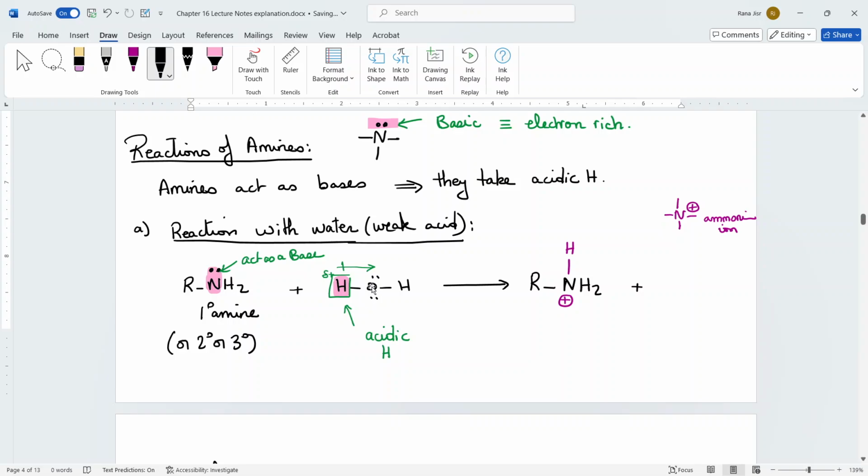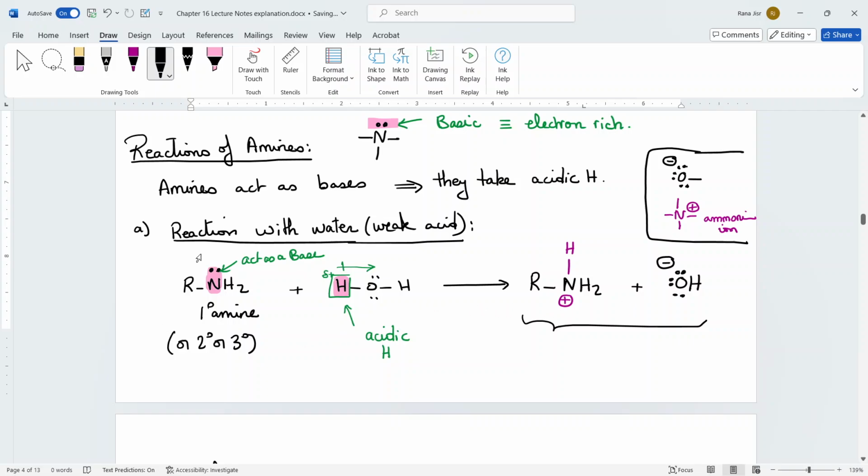Whatever is left from the water is the OH minus, because I broke this bond between the hydrogen and the oxygen, and I added the electrons of this bond to this oxygen. So I'm going to end up getting the OH, and I know that when oxygen has one bond, it's a negative charge. So this is going to be an OH minus. Again, put it as a note that when oxygen has 3 lone pairs and 1 bond, as we've talked about in the formal charge tables earlier, it is a negative charge. So what I'm forming over here is a simple salt. This is what I am forming: a positive charge on the nitrogen, negative charge on the oxygen.